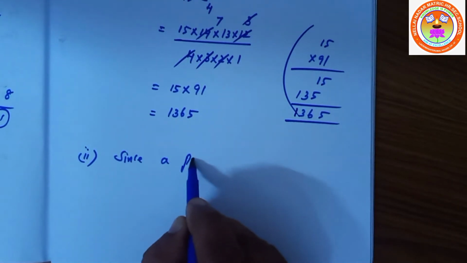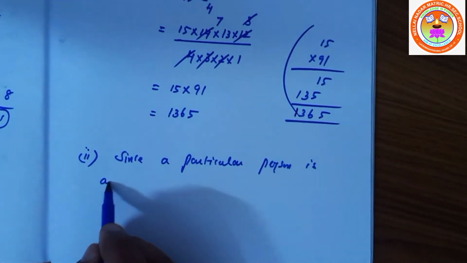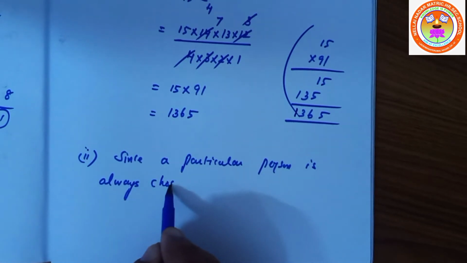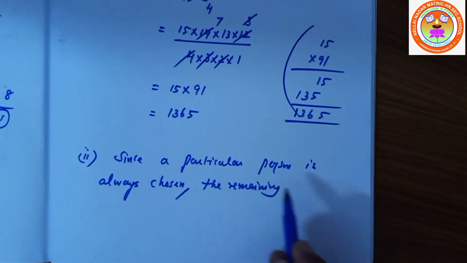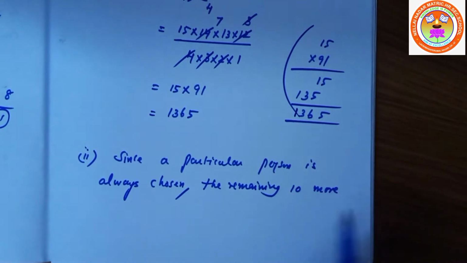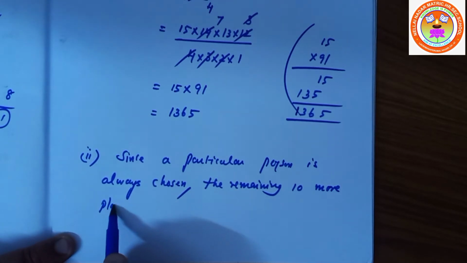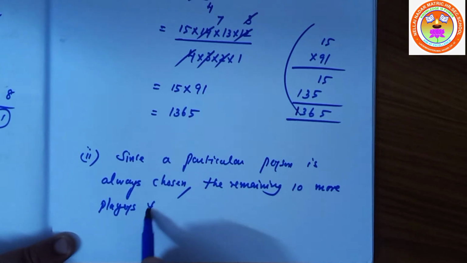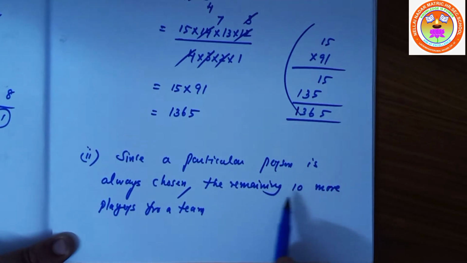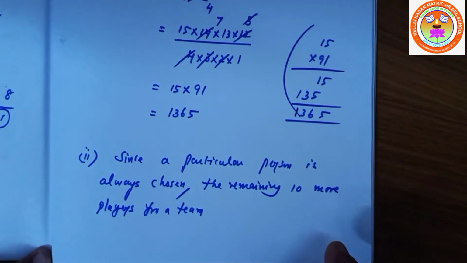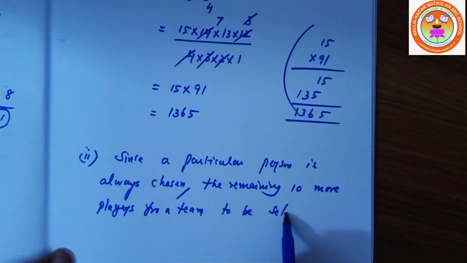Since a particular person is always chosen, the remaining 10 more players for a team, because already we have selected one person, so 1 plus 10, that is 11, because a cricket team has 11 members, correct? 10 more players for a team to be selected